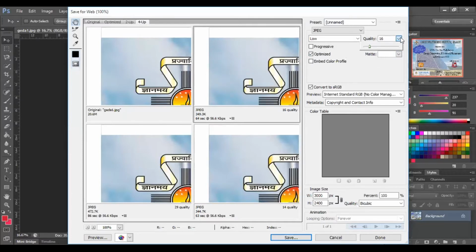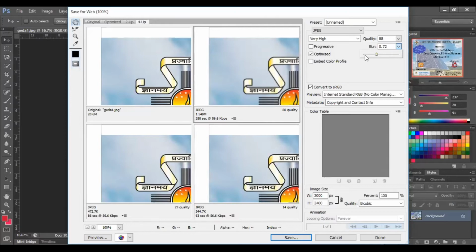Now see the difference. If you are using the quality 88, now see the difference. Sharp image is there and very crystal clear image is there. Okay, now blur. See, in blur it's set on by default 0. Now we are increasing the blur value, means it will blur out your image. See here, difference is there. You can see the blurred image. Okay, so you can use from here.